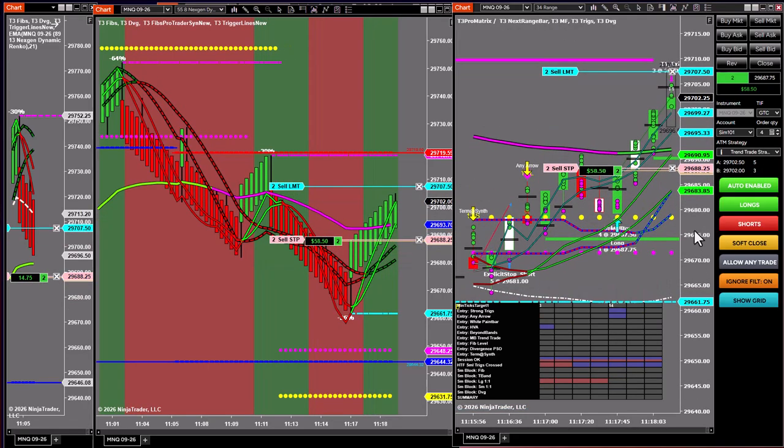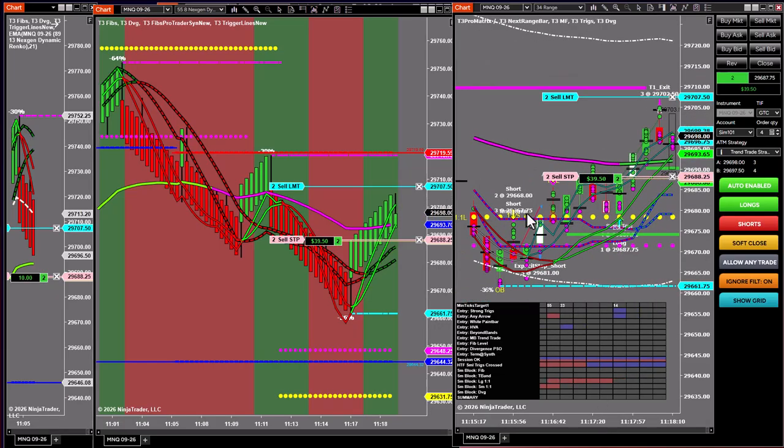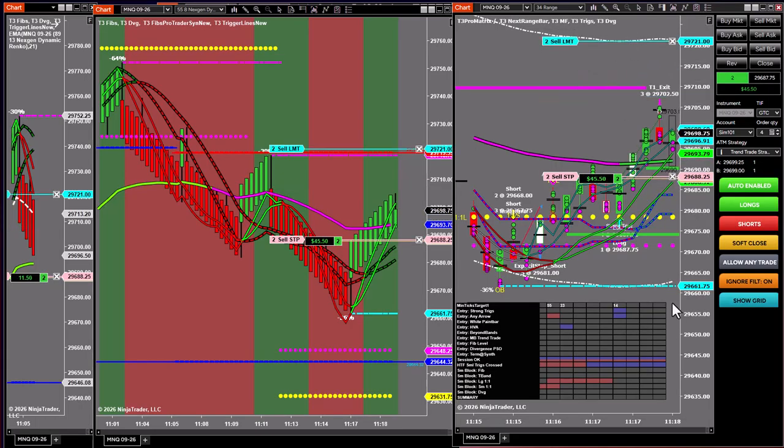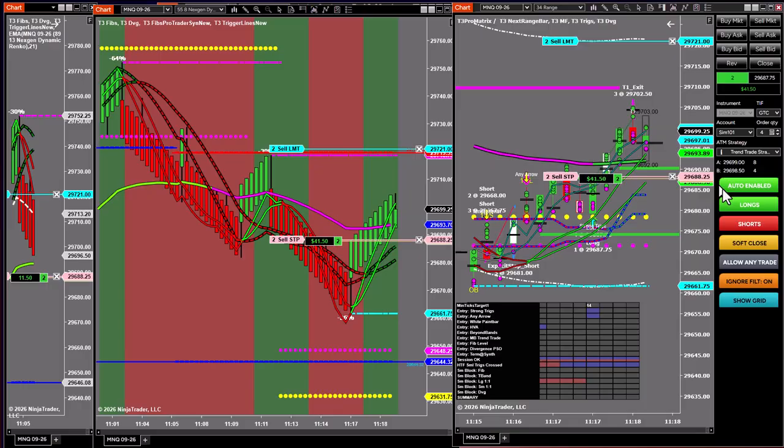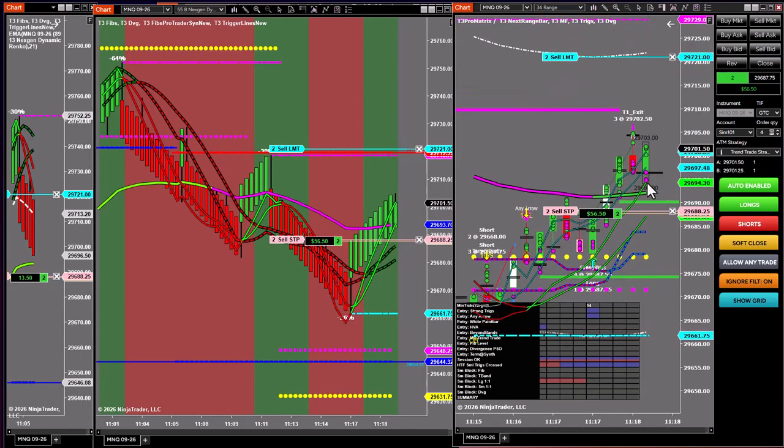Obviously didn't need to be in that situation, but anyway, so we had a short losing trade. Now we're in a long trade. How far will it go? Do we want to try to stretch it out and make more money out of it and see what happens? I'm going to move it out of the way just so we can see the trailing stop mechanism working. So every time we get a new up bar, especially with strong triggers going,